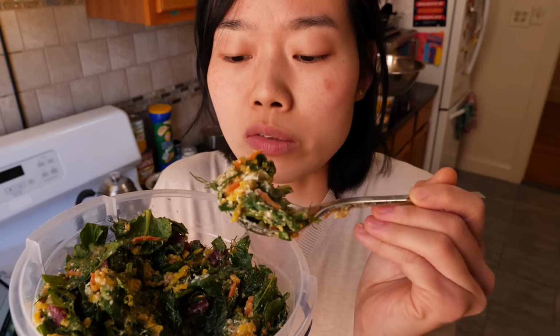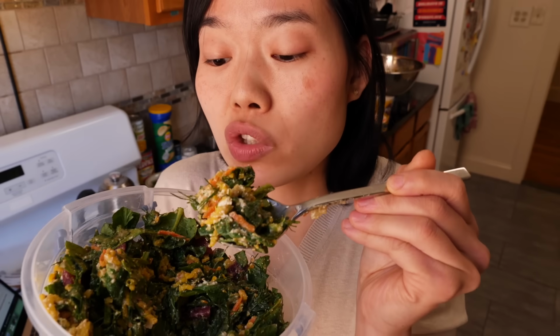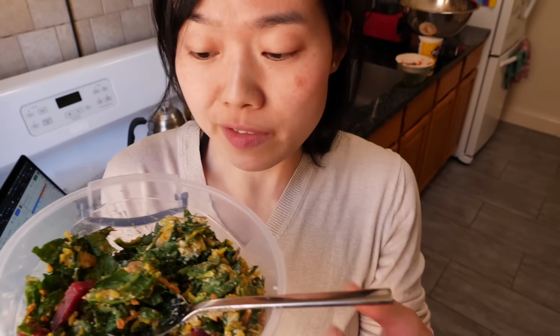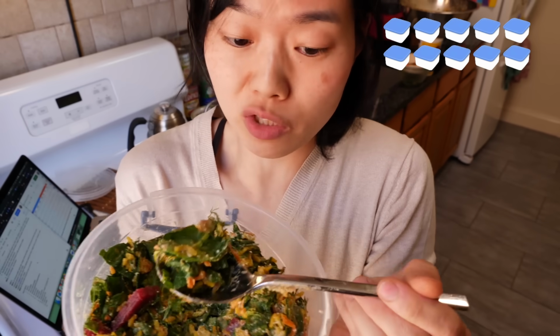You get nice little chunks of sweet beet, slightly juicy, slightly textured, but not at all al dente. The hardest thing to chew is the rice, and the rice itself is buoyantly creamy. My blood is pumping, my adrenaline is going. I'm being overly generous here, but I'm gonna give this a 10 out of 10 just because